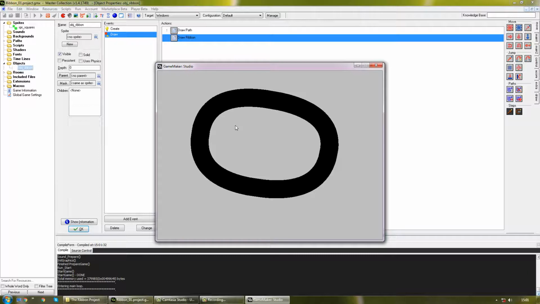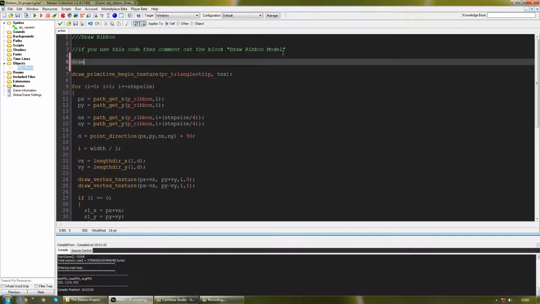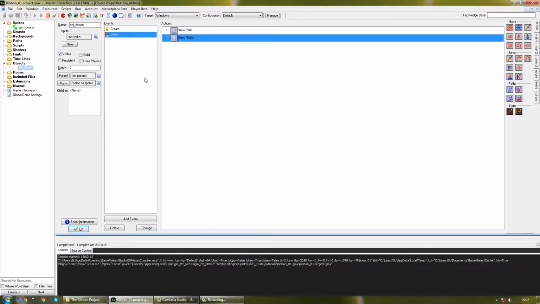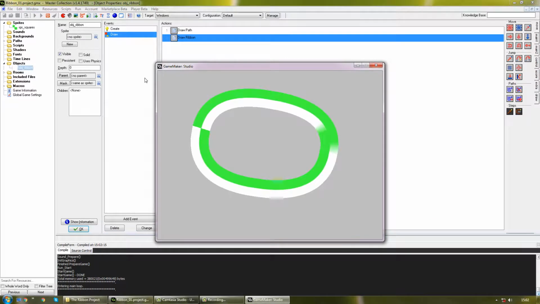For whatever reason, when drawing textures, GameMaker tints these textures with the current drawing color. The default drawing color in GameMaker is black. So what we need to do is we need to change the drawing color here to draw set color white. And white draws the texture without any tinting, and we should now see our texture. As you can see, there is one repetition of the texture stretched all along the path,